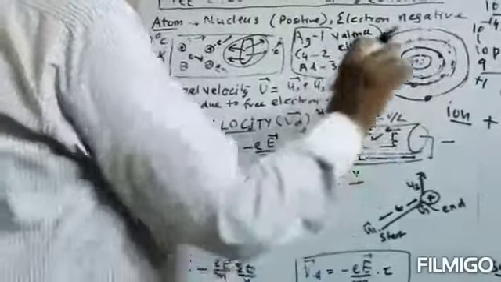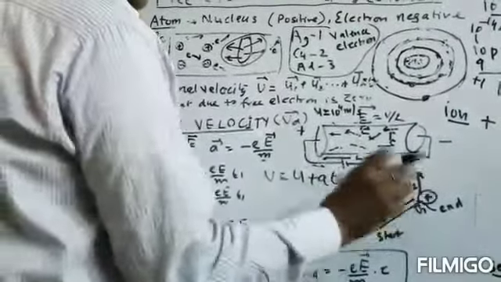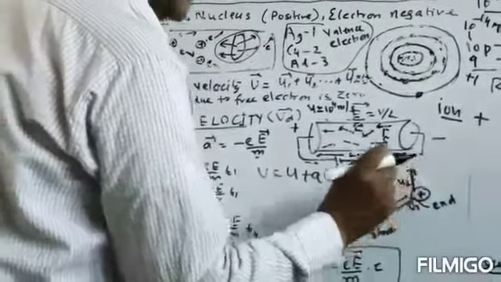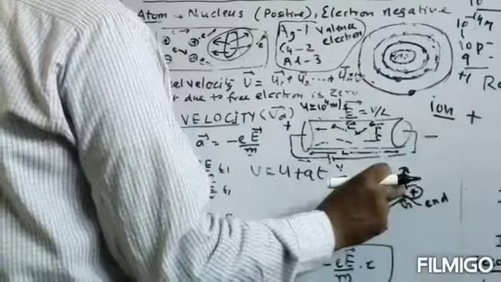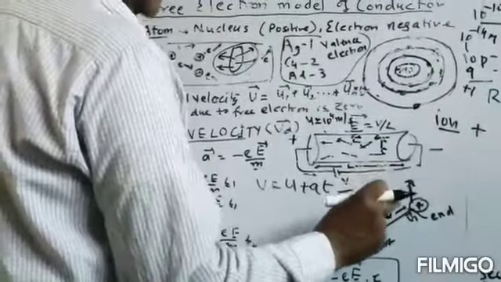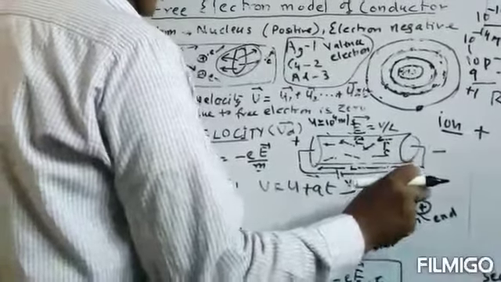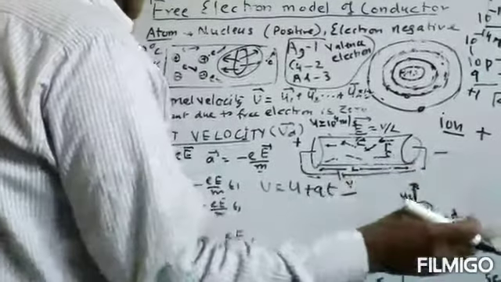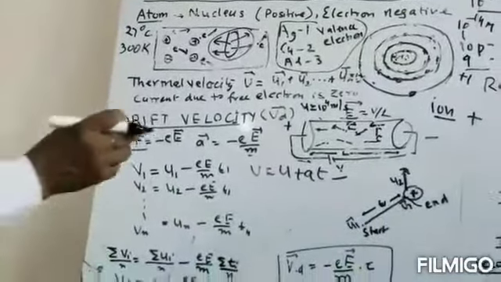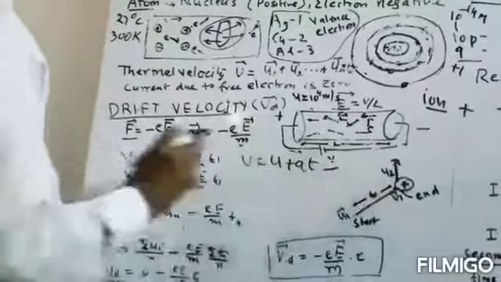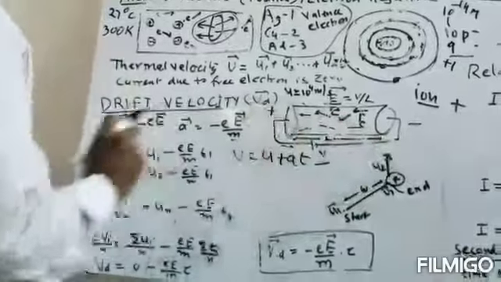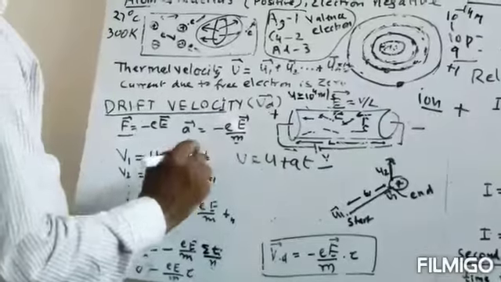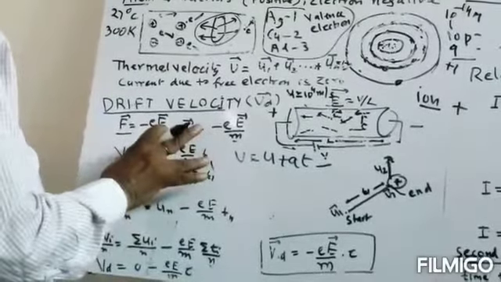It is not possible. This electron will give energy, then there will be vibration of this atom, and due to the vibration of this atom, one electron will be ejected with a random velocity. Suppose the velocity is u2. Similarly, when it collides with another, its velocity will change again. So for the first collision, the velocity v1 is equal to u1 minus small e E by m, the acceleration, into the time taken t1. So this will be the velocity here.